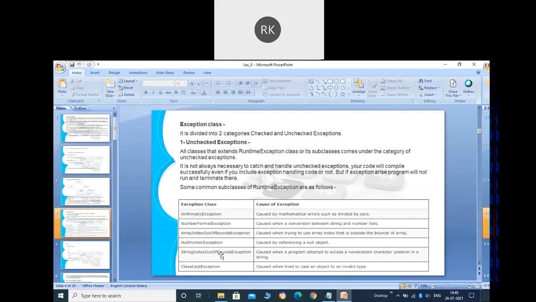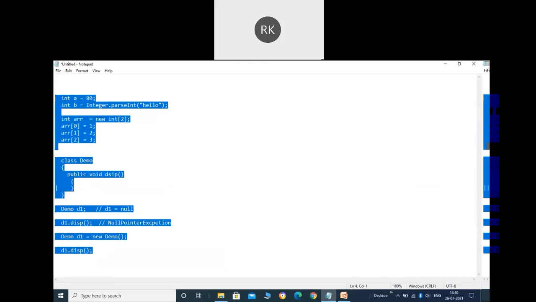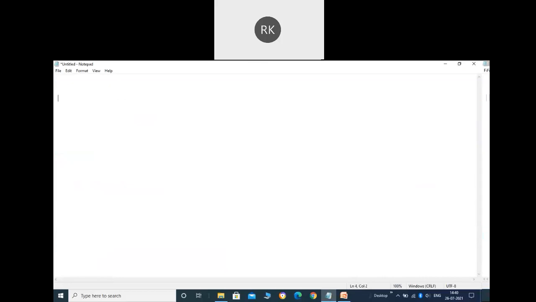The next we have the StringIndexOutOfBoundsException. That will be the same as the NumberFormatException, where we have a string and you are performing an operation over it that is out of bound. For example, the string I am having, let's say color, and now let's suppose I am saying s1.substring(1, 30).